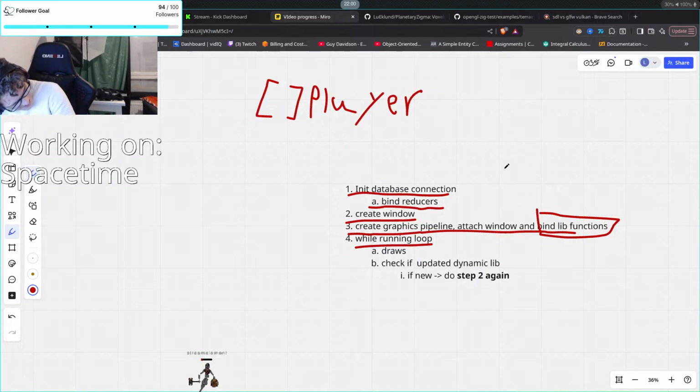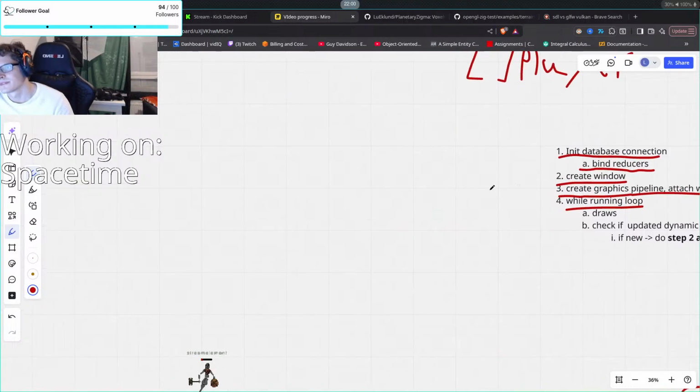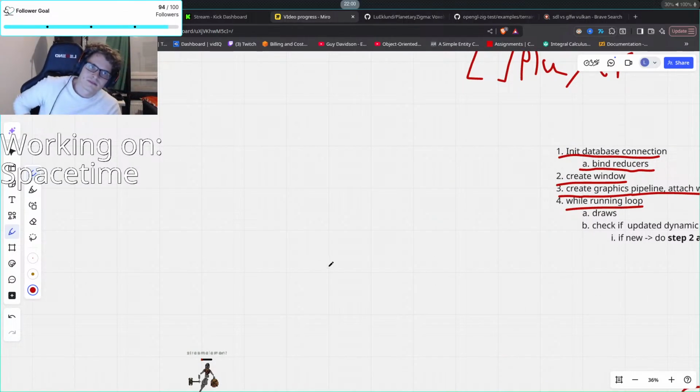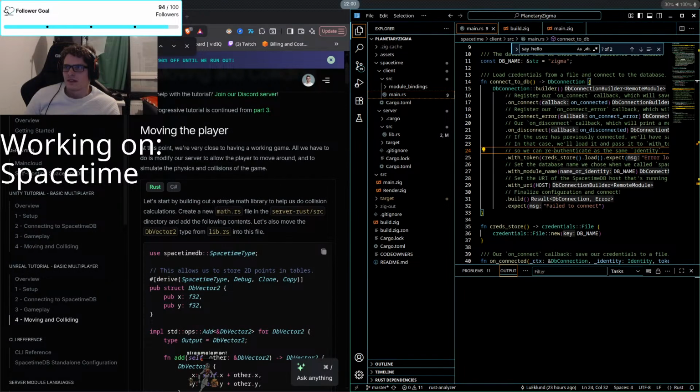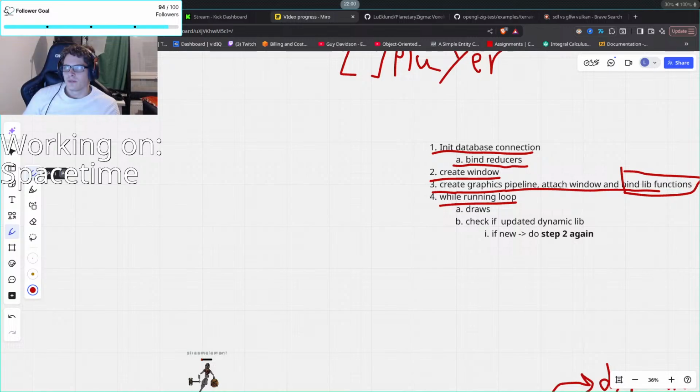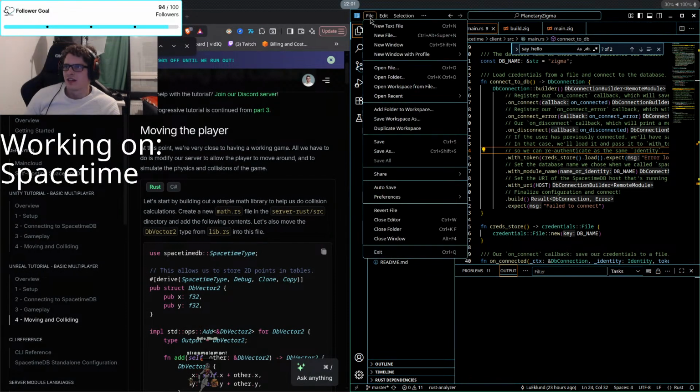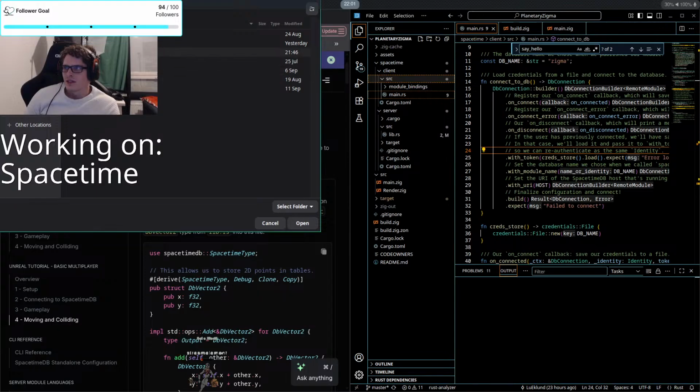Well, no. Okay, so basically the Rust part of the client should only be worried about networking, and windows aren't a part of networking. So what you should do is in Zig you make the window, and then you move the player, and the player data is sent to the Rust, and then that's sent to the SpacetimeDB. And Spacetime doesn't care if you're pressing right, left, or whatever, right? Maybe it does. Then you just send a big array or map or whatever. It does care. I can show you the example. Yeah, but then you just send a big array.